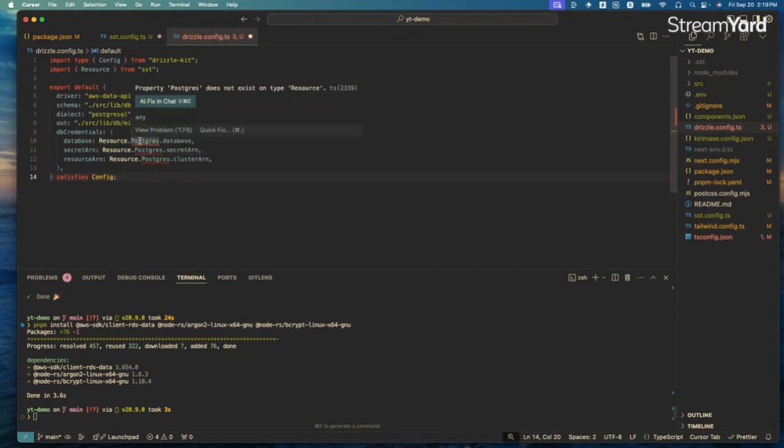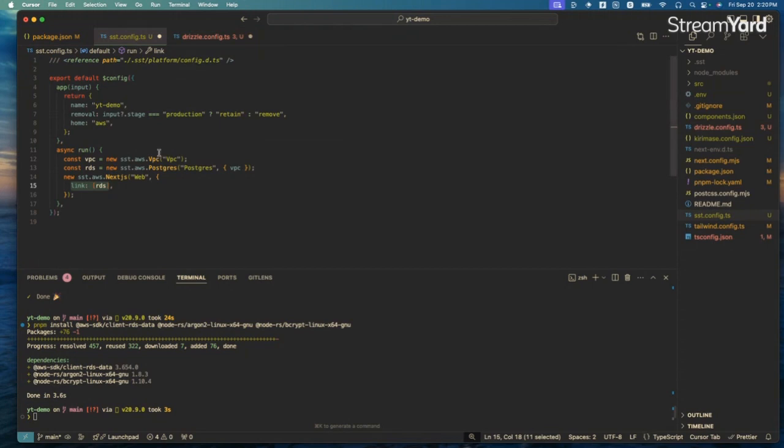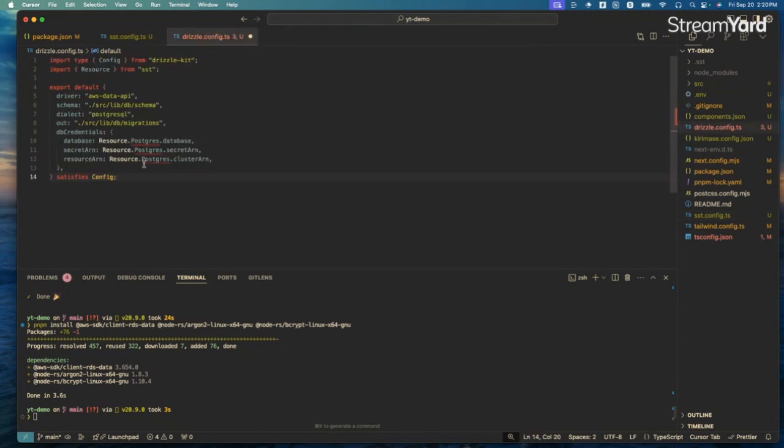So right here, for the DB credentials, the resource that we create with the RDS instance is what we pass into the Drizzle config to allow us to access the database. So save that, and these errors will go away once we generate the SST types. So the next part is we just need to configure the